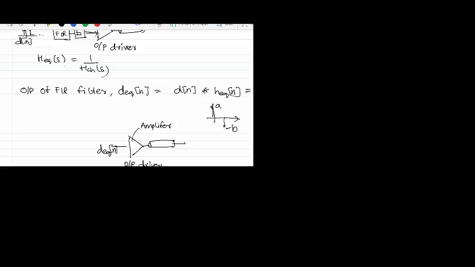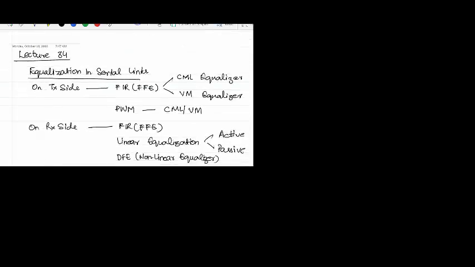So differential has its own problems, I will tell you. In this case, if you look at each of these channels, channel 1 and channel 2, these are two independent traces. They can be on a microstrip or anything, right? Each of these channels is terminated with a 50 ohm impedance on either side. So this is mostly called a single-ended termination.